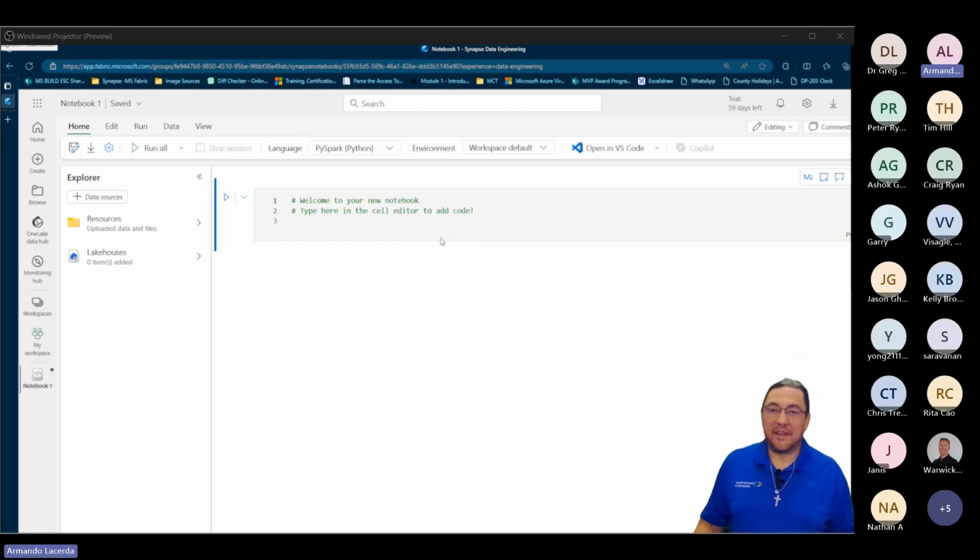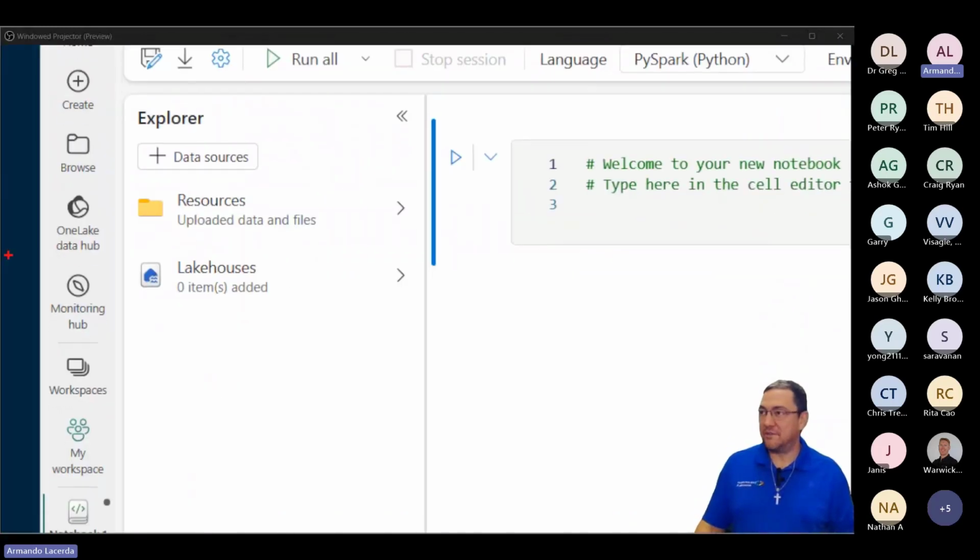This notebook, like the same idea that Fabric brought from Power BI, belongs to a workspace. So you cannot have anything inside Fabric if it is not in a workspace. If I look into the left side of my screen, I see that I'm connected to my personal, private, only accessible to me, My Workspace.